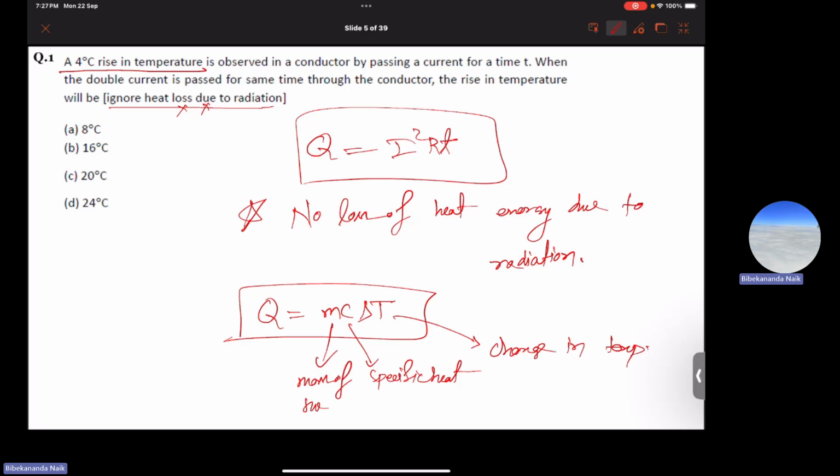Now see, in the question only the rise in temperature is given for a time t, and there is no other information given except the double current case in the second case. So now let's equate the two because there is no loss of heat energy through radiation. So the total amount of electrical heat energy will directly be converted to the amount of heat that is required